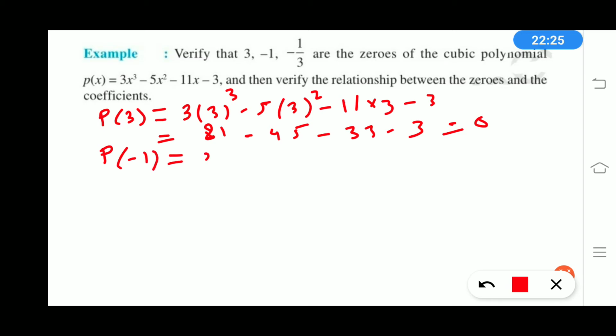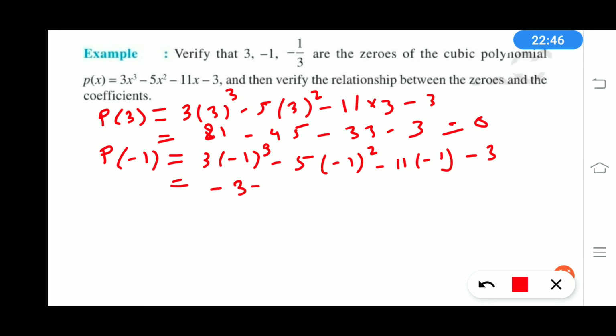So p of minus 1 equals 3 into minus 1 whole cube, minus 5 into minus 1 whole square, minus 11 into minus 1, minus 3. So this is minus 3, here is minus 5, plus 11, minus 3, so 8, so again this is 0. Clear. Next, p of minus 1 by 3,